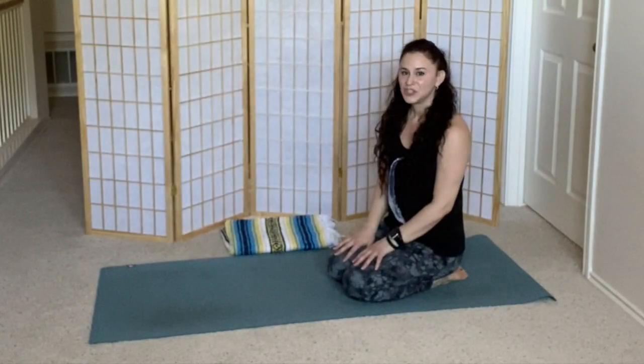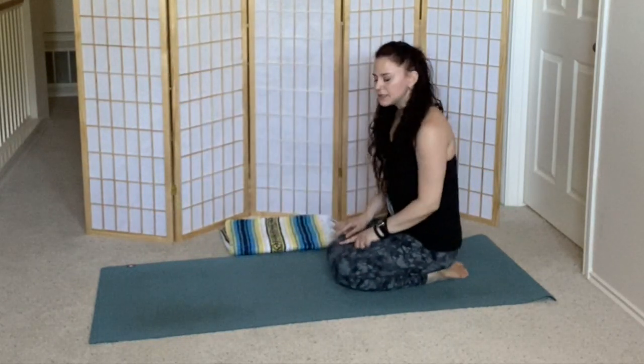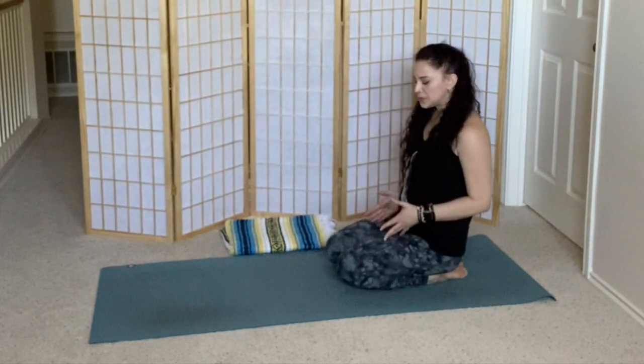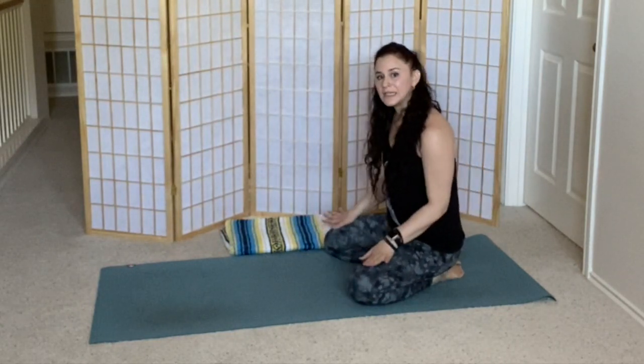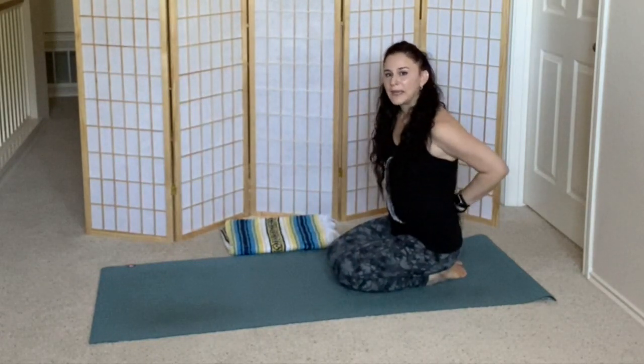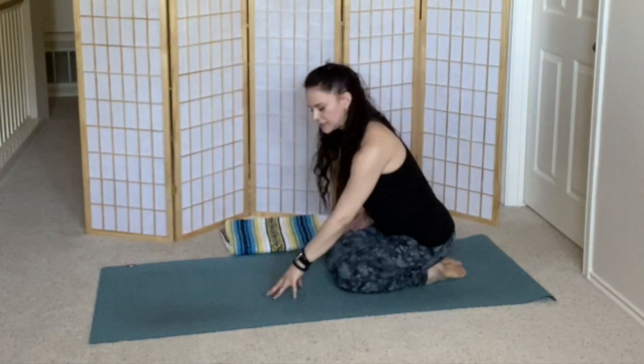We'll begin in Child's Pose, Balasana. So coming down onto your mat, we want to bring those knees in line with the hips. Oftentimes we start with Child's Pose with the knees wide apart, but if you are experiencing lower back pain, I highly recommend keeping your knees in line with your hips. And then walking the arms forward